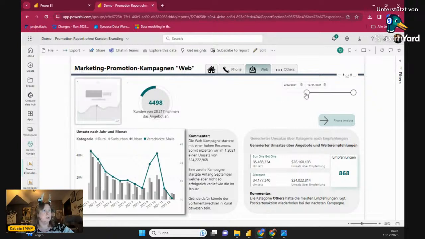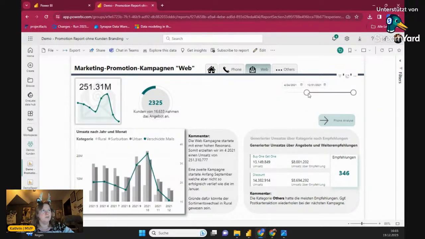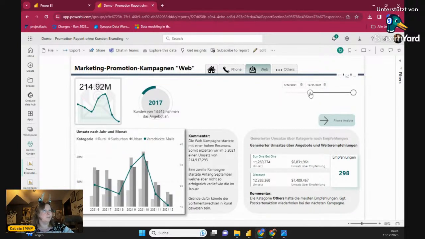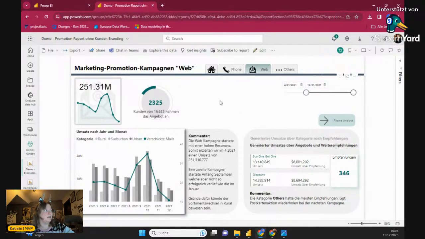And I have also here the possibility to set another range of dates. So for example, if I only want to see 2 months or 3 or 5 or whatever, I can go here and you see all my visuals are going down or up, depends, right? And you also see here, for example, these are 3 visuals, not only one. So if I shift this bubble, you see here now the number is increasing, and you see that the ring is getting fuller. And the good thing is this is with Power BI core visuals,